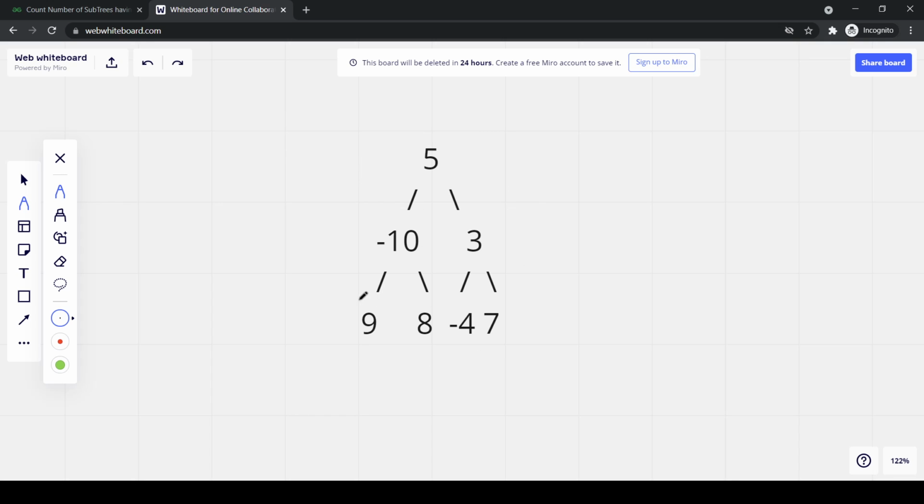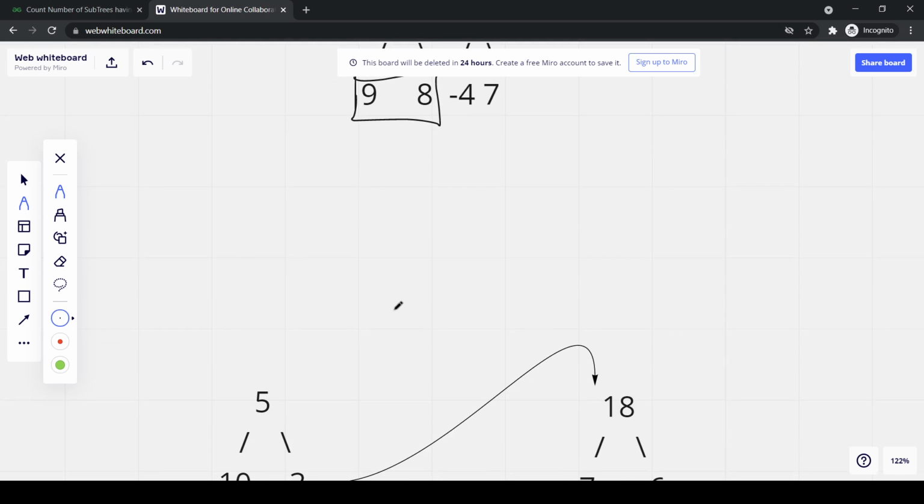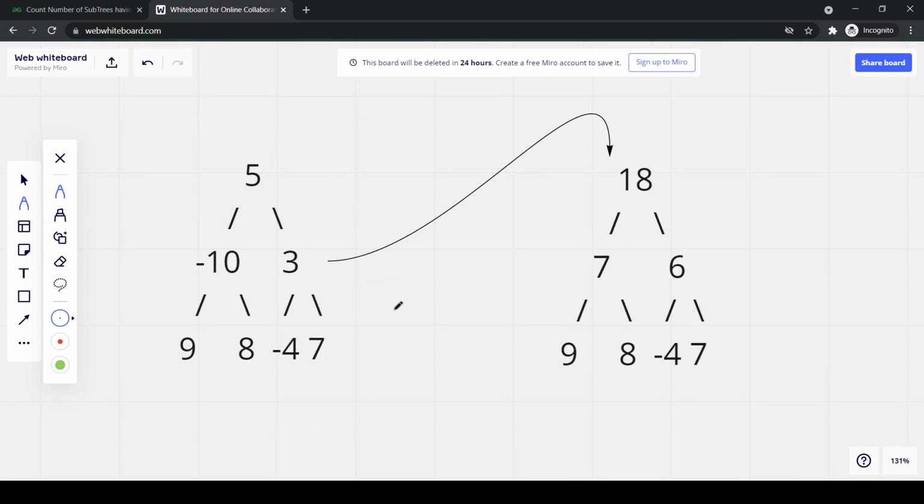So now what will be the sum of these two? For the bottom layer, we have only a single element in each subtree, so the sum will be the same as the data at that root.